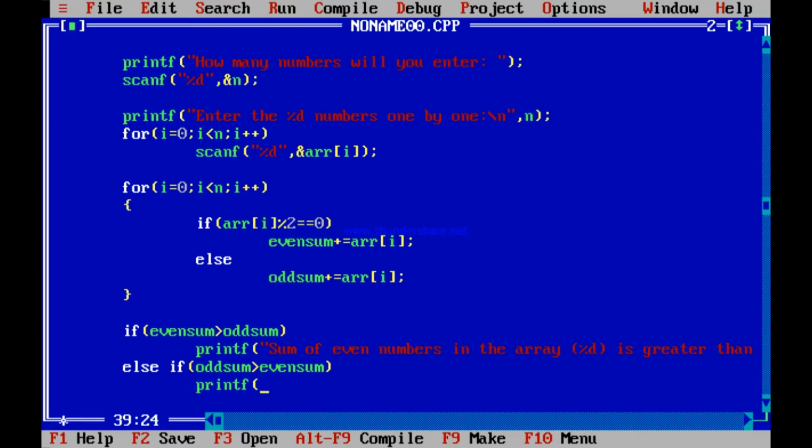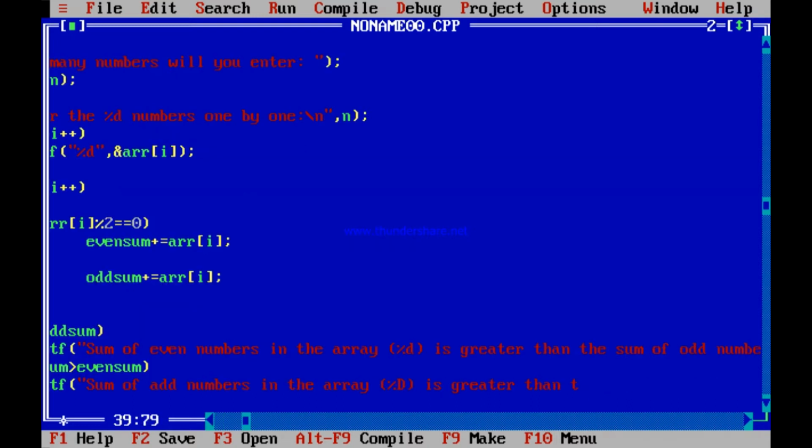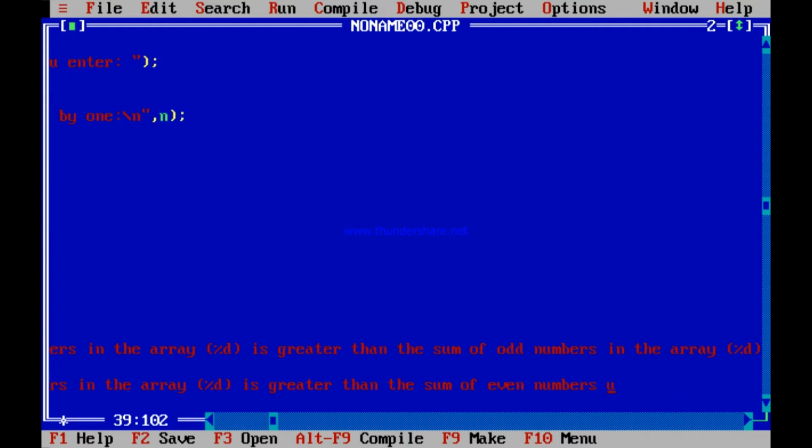Printf sum of odd numbers in the array, that is %d, is greater than the sum, sorry, this is %d, small d, is greater than the sum of even numbers in the array, %d.